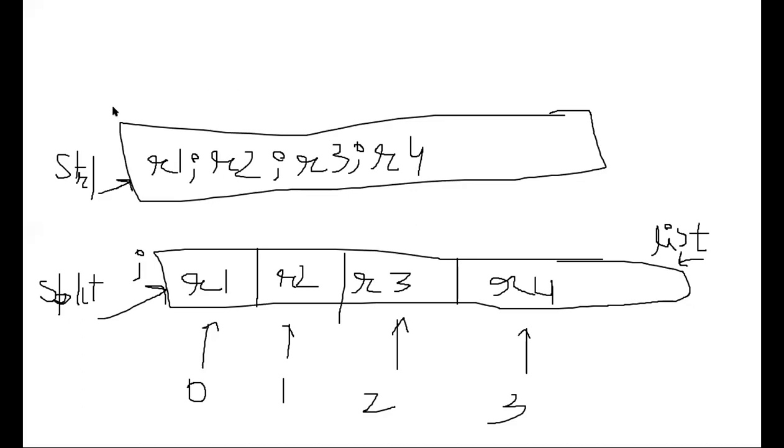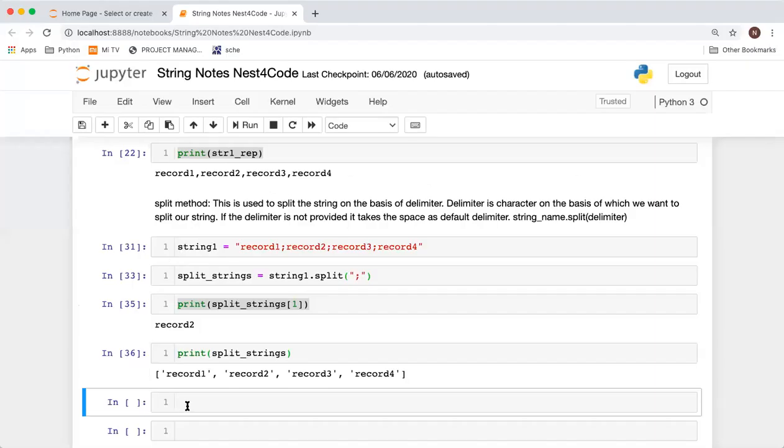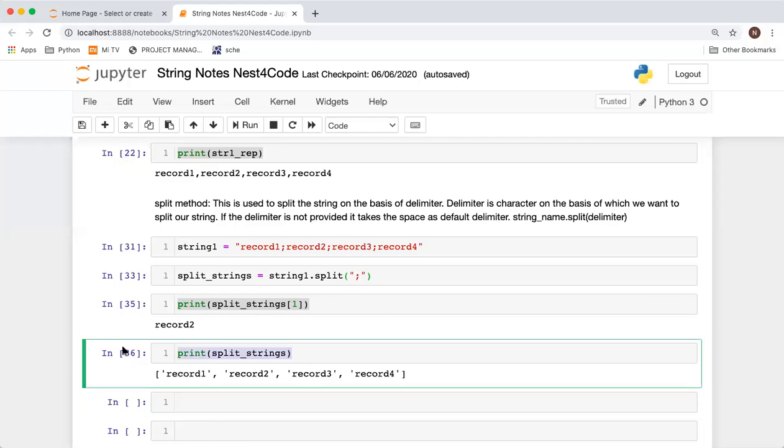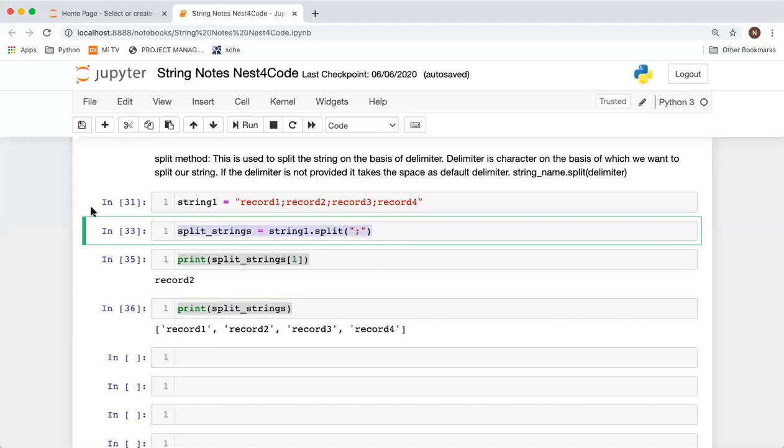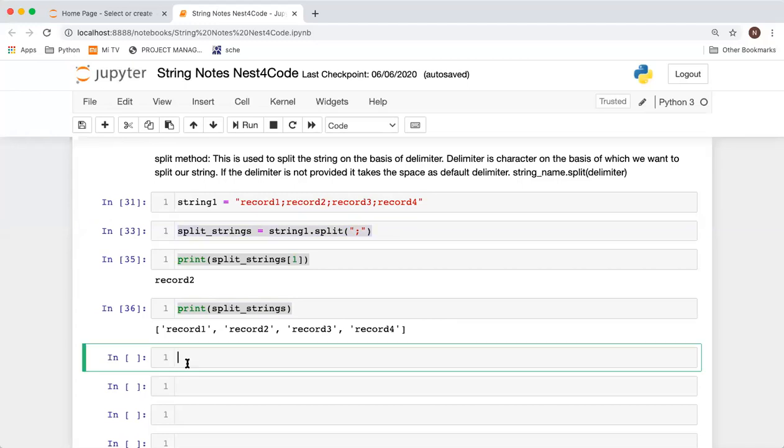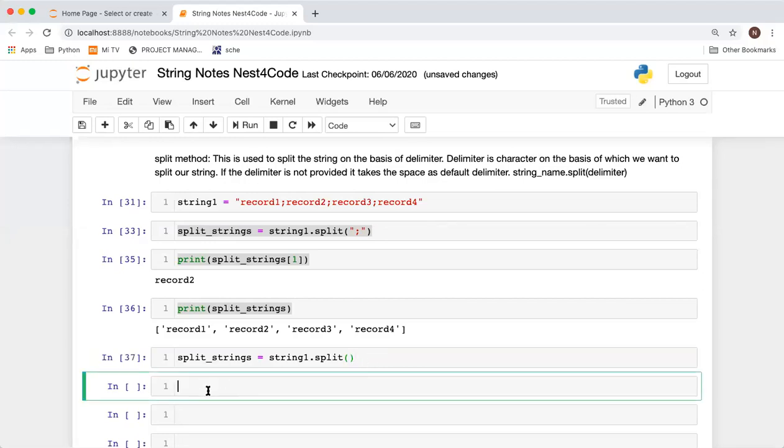Okay, guys. So we know that like this, we can get the strings. And by default, it is split based on space. So let us suppose I just call it like this. We have tried to split the string, and let's see what's the value of the split string.